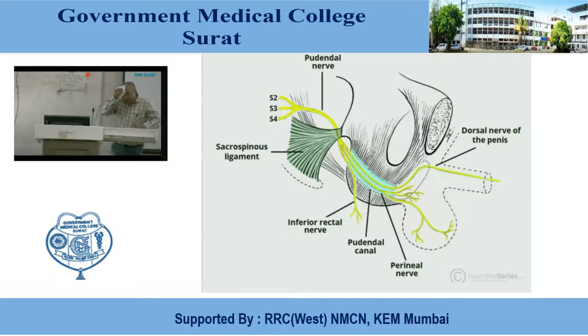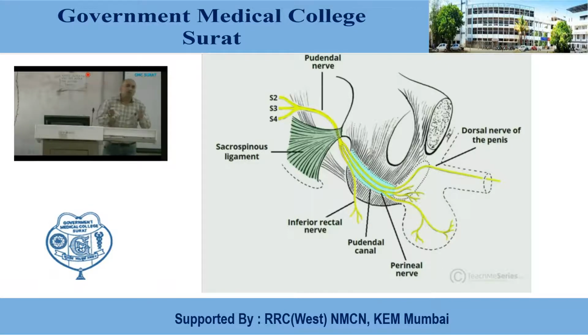Let me recall that sentence: this pudendal canal is an interfascial canal located within the lateral wall of the ischiorectal fossa, extending posteriorly from the lesser sciatic foramen, passing forward, and anteriorly it extends up to the perineal membrane. Roughly it lies 2.5 centimeter above the ischial tuberosity. Here is the location of the ischial tuberosity. So roughly 2.5 centimeter above the ischial tuberosity is the location of the pudendal canal over the inner aspect of the ischium.